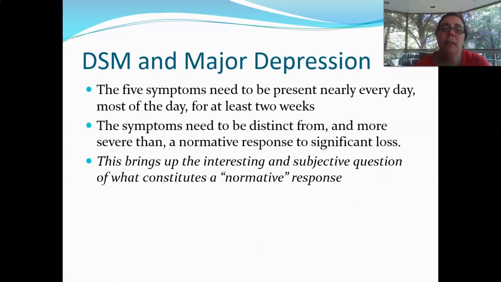So in terms of timeline, in terms of significance, and this goes to the question of our 6th step, right? The line between disorder and no disorder, the 6th step of that differential diagnosis steps. You need to have the 5 symptoms nearly every day, most of the day for at least 2 weeks, right? So what that means is that